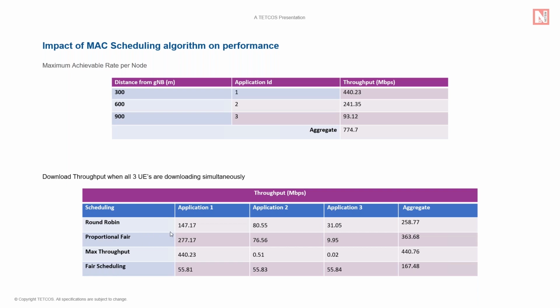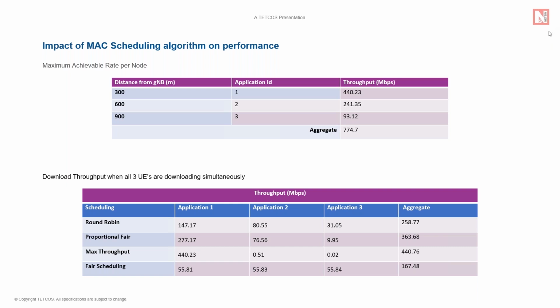However, when we see the throughputs, we see that UE1 has a higher throughput than UE2, which in turn has a higher throughput than UE3. And this is because they are at different distances from the gNB. The individual throughput seen by each of the UEs is exactly 1/3 of the throughput shown in table 1. 147 is approximately 1/3 of 441, 80 is 1/3 of 240, and 31 is 1/3 of 93. So you see that because the allocation is done on a round robin basis, each of them gets exactly 1/3 of the throughput that they would have got if they were run individually.